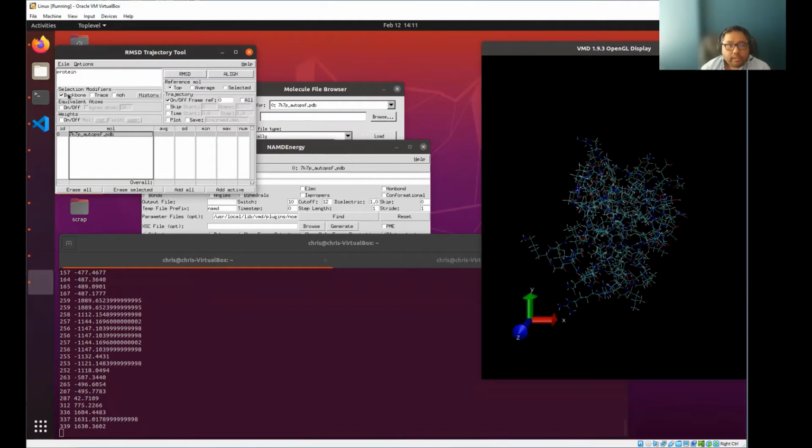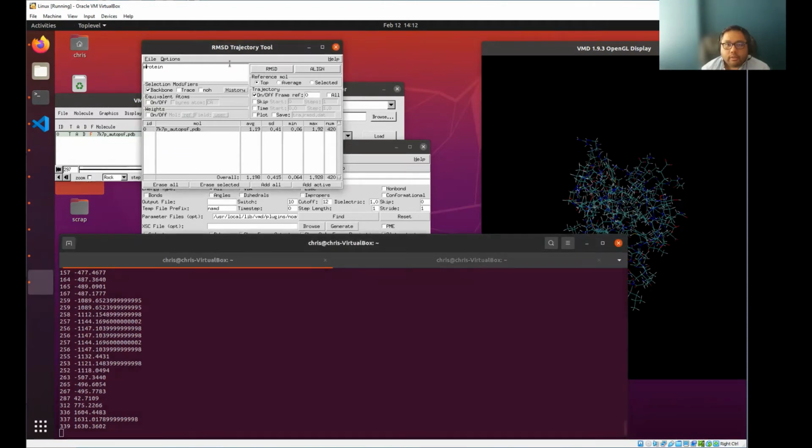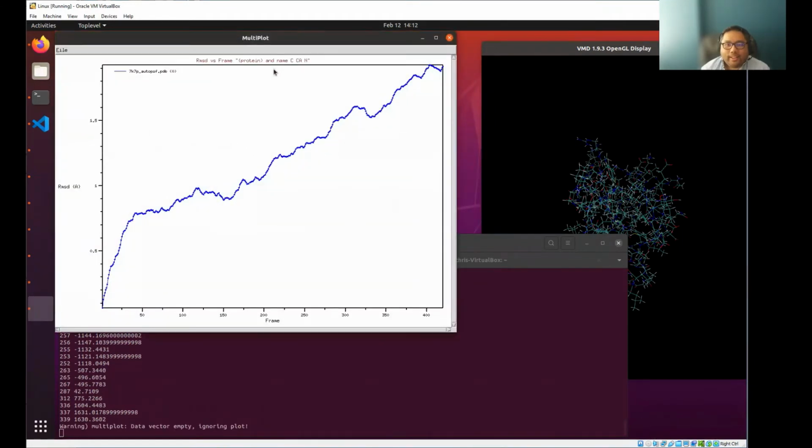Then we'll want to look at the backbone, the structure. And then the frame reference, we'll want to start at 0 where we started. And then all you have to do is hit RMSD. Oh, sorry, plot. You want to plot it. And then I'll show you this. So what this shows you is that